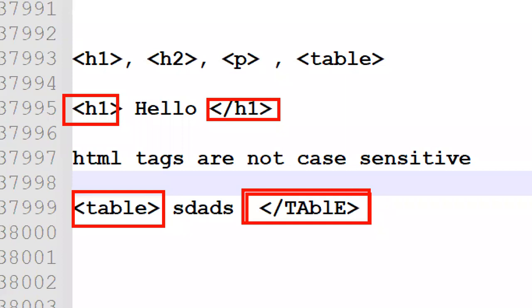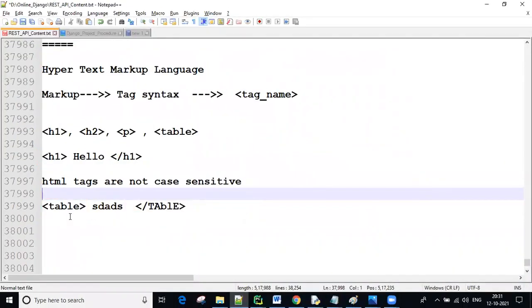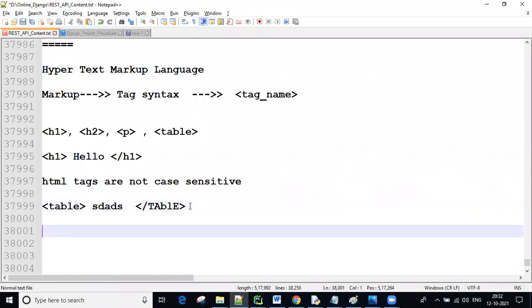Generally, when we are developing real-time applications, we only use small letters. Remember that point. Is it clear? Are HTML tags case sensitive or not? The one word answer: HTML tags are not case sensitive. We can write lower letters or upper letters, both are equal.